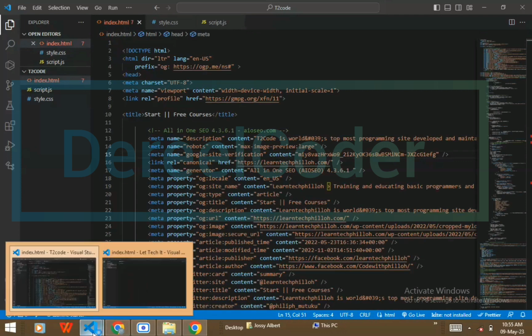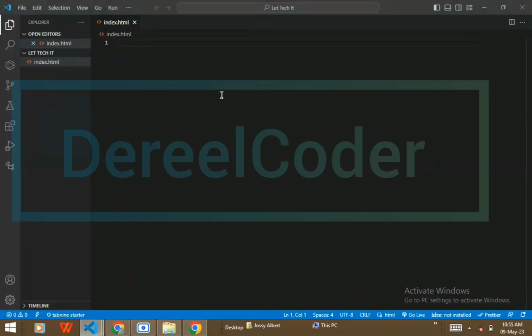As I said earlier before I started, HTML is hypertext markup language. It creates the structure of the web page. Now, the first thing I want us to know is what is the first thing we're going to write in our HTML. The first thing we're going to write in our HTML is the doctype. Now, in Visual Studio Code, I have a shortcut I use to get it. I can just type